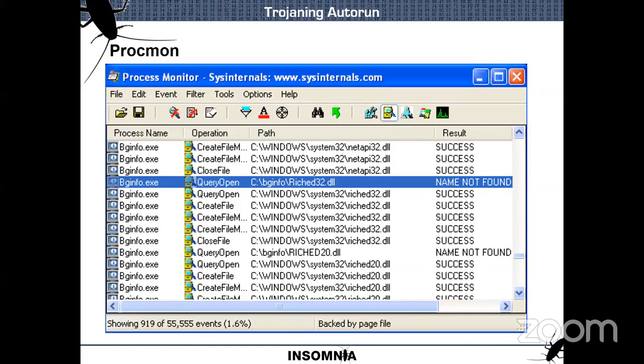Loading Procmon, a tool like that, and monitoring the BGInfo process, we are looking for DLL loads from the current directory. So see this Riched32.dll running in BGInfo.